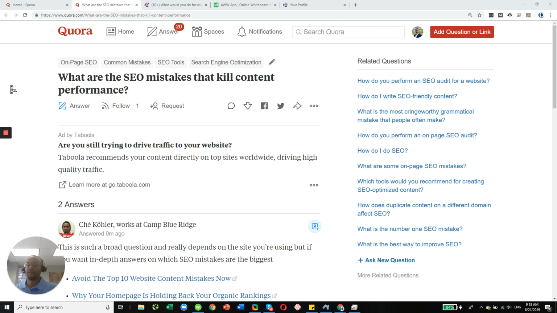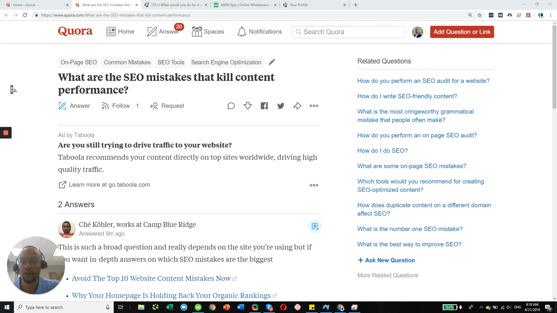So the first mistake I often see with content strategies is before the content is even written, so the strategy behind it. When you're writing content, first you need to have an idea of your target keywords. I'll maybe create a list of 10 to 15 target keywords that you really want to improve your organic visibility for. And then from there, you want to find topics that are related to those keywords, but they also address a question or a pain point that your target customers may have.